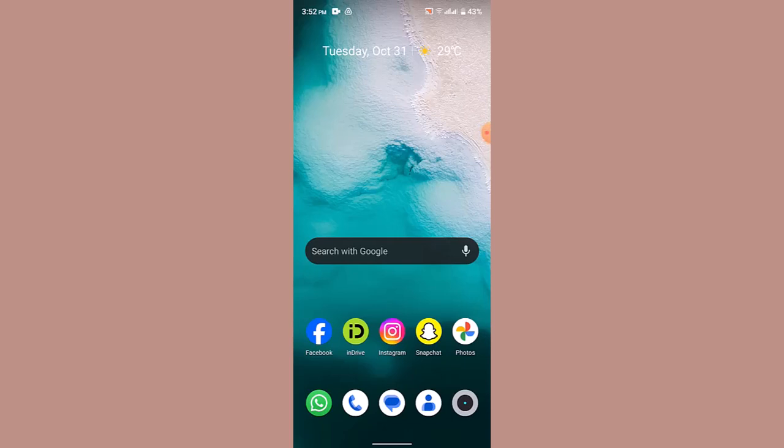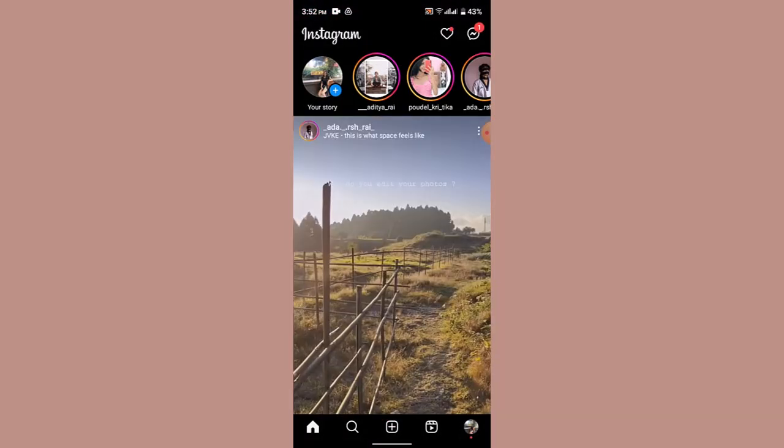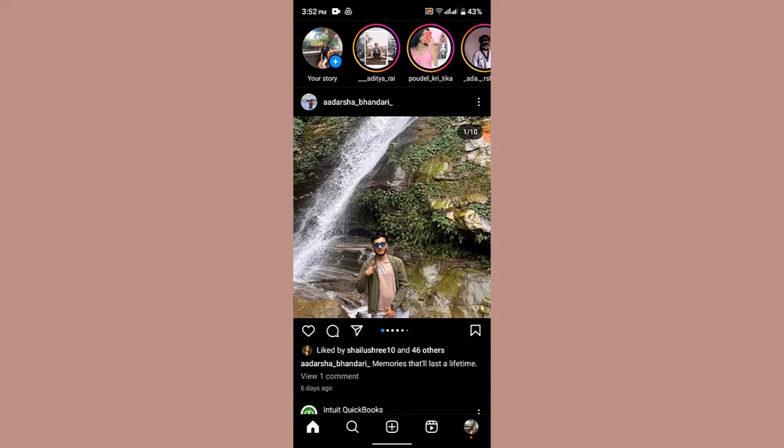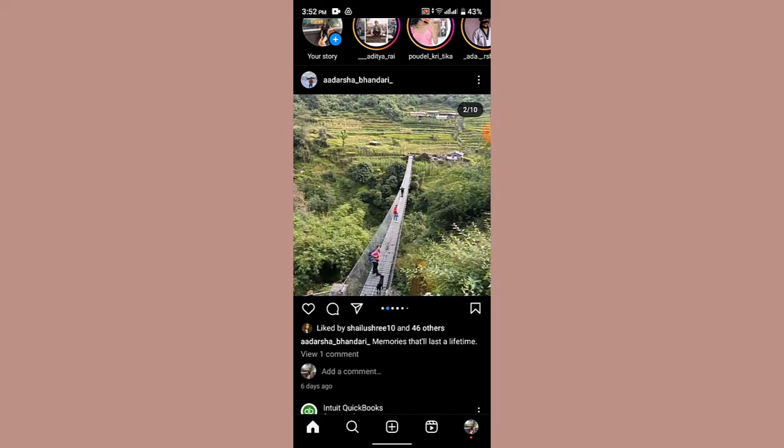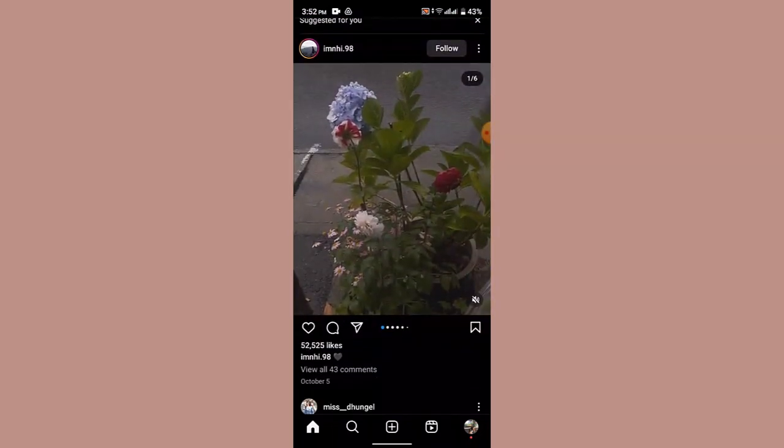In order to find the recently watched reels on Instagram, first of all update your application. After that, log in to your Instagram account. So once you're logged into your Instagram account, this is how it's gonna look like. Now what you need to do, in order to find a recently watched reel, you can go to the